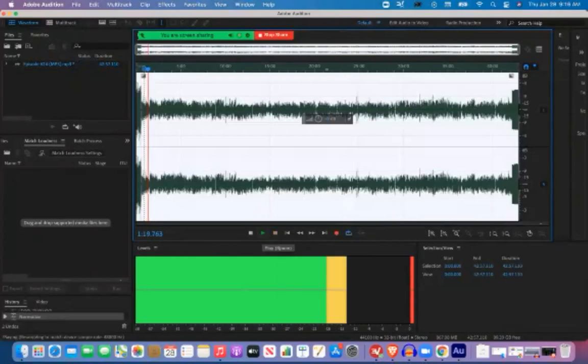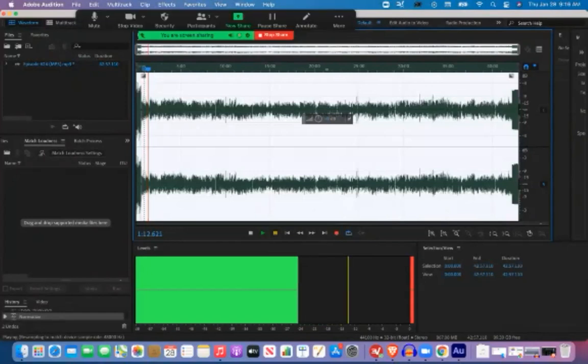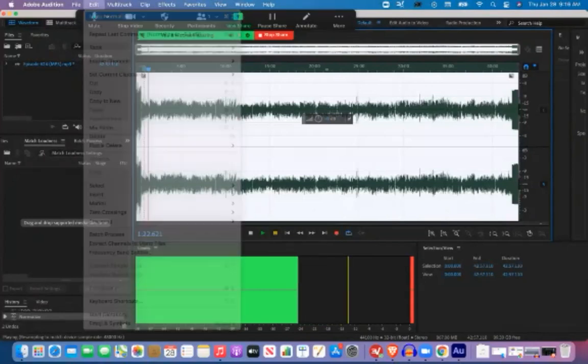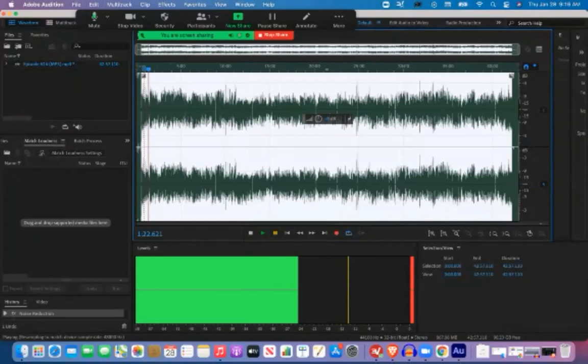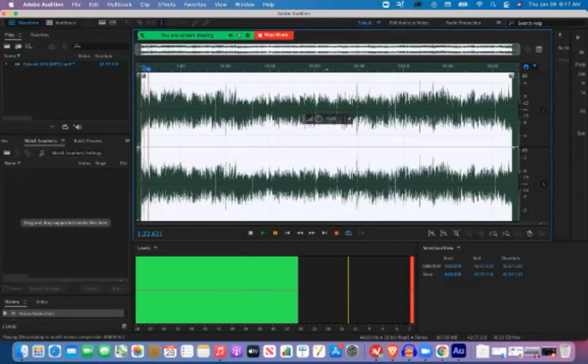And we can do edit, undo, normalize there. I would still say that this limit right here definitely sounds really good already. So I'm just going to